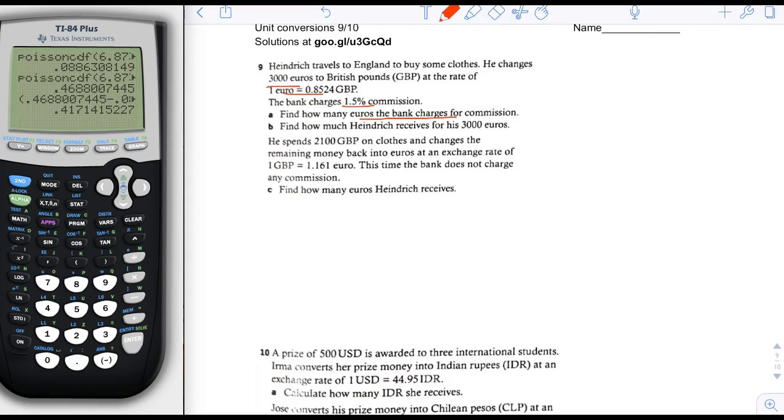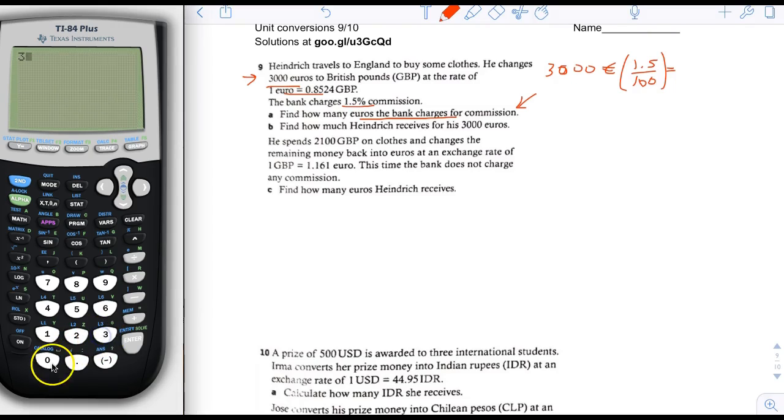Okay. So first of all, he starts with 3,000 euros, right? So for the first part, you don't have to do any kind of conversion. He starts with 3,000 euros, and the bank charges 1.5% commission. We want to know the commission in euros first. So let's just take 1.5% of 3,000. Remember, percent means per 100. So you take 1.5 and you divide by 100, okay? And if we multiply this, we are going to get